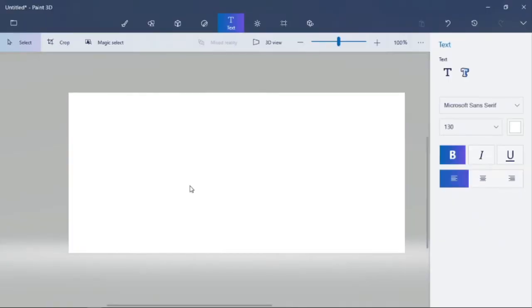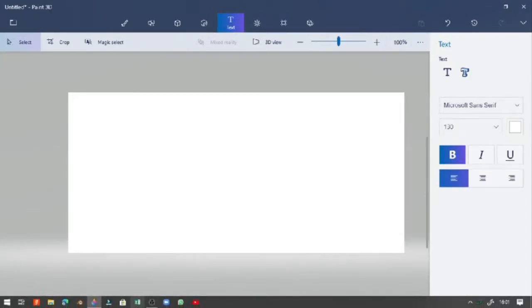To make 3D stuff, I usually use Paint 3D. So today we are also gonna use Paint 3D. You can get it from the start menu option, or if you don't have it downloaded, you can download it from the app store.